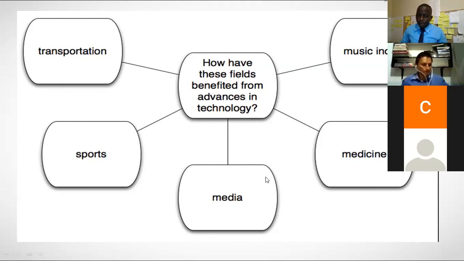Talking about the media, for example, taking classes online is a great change in media, because this activity was not new many years ago. About medicine, we have nowadays many.